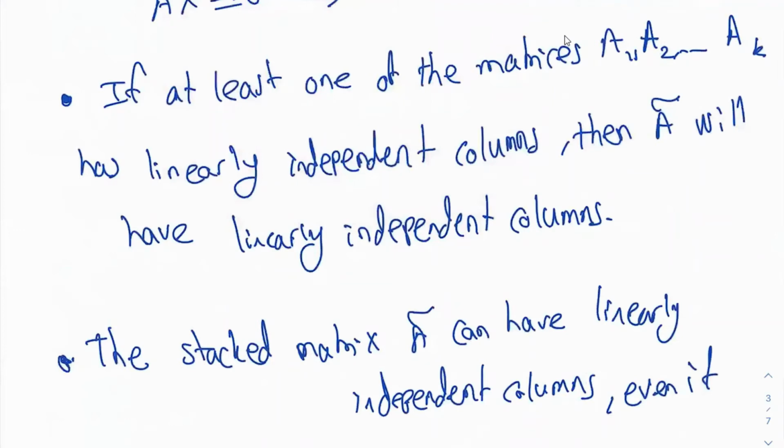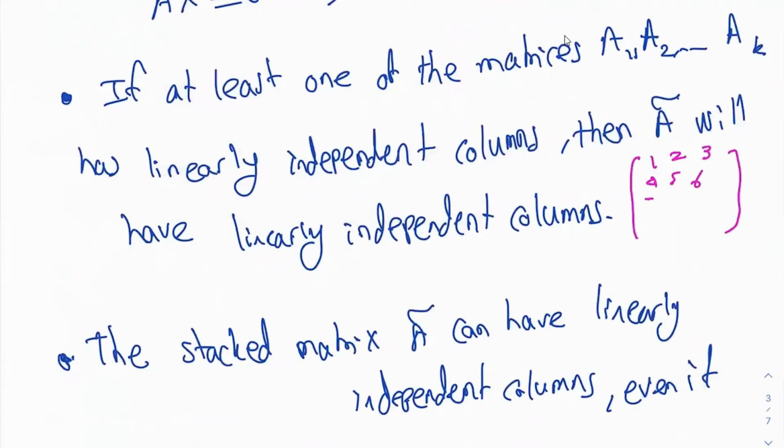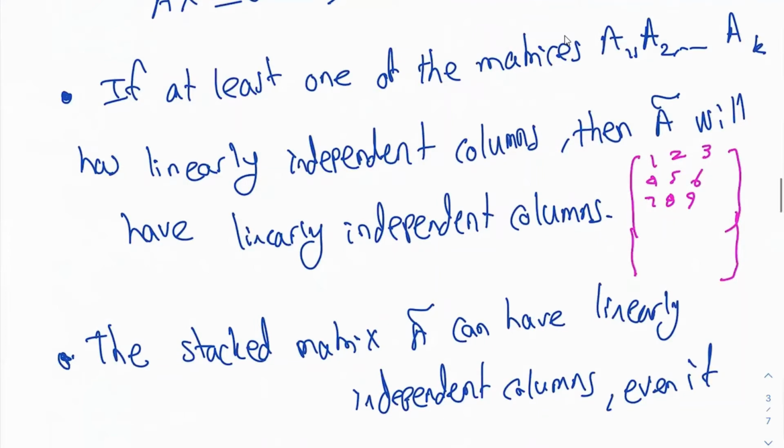Since we are stacking them, let's say that A1 is this: 1, 2, 3, 4, 5, 6, 7, 8, 9. It has linearly independent columns, right? Then let's say A2 is this: 1, 1, 1, 1, 1, 1, 1, 1, 1. All three columns are linearly dependent. But still this matrix has linearly independent columns. Why is that? Because the column is not only 1, 1, 1. The column is 1, 4, 7, 1, 1, 1, 2, 5, 8, 1, 1, 1, 3, 6, 9, 1, 1, 1. So thanks to the first three rows,